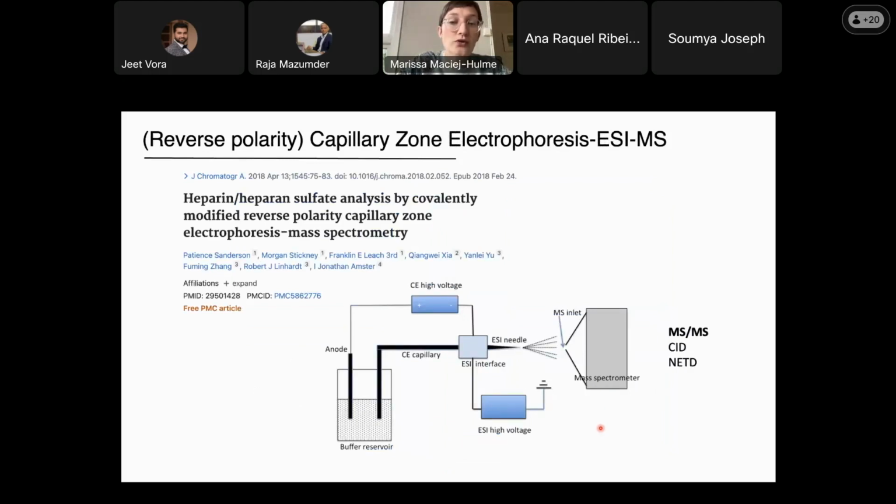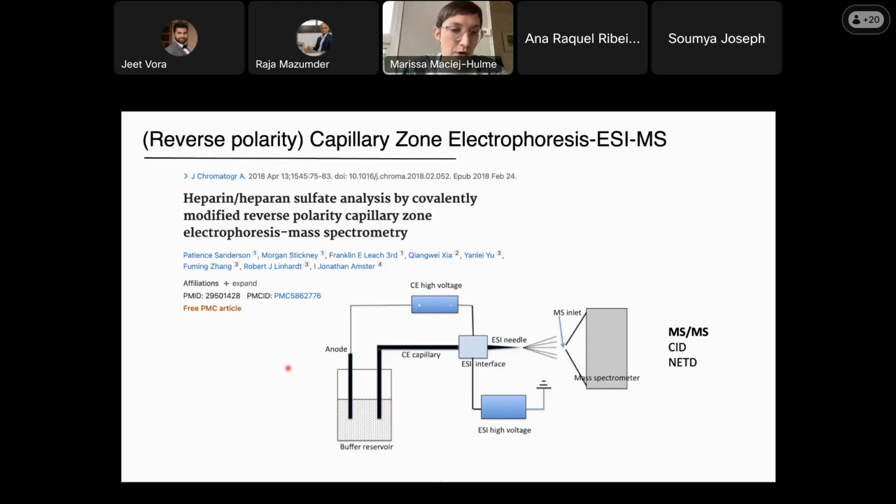So as a postdoc in the Van der Vlag lab in the Netherlands, I was investigating the role of heparan sulphate as a novel biomarker of kidney diseases and became interested in GAGomics as a top-down method to search for potential HS-based biomarkers. The Amster group at UGA in America had developed a mass spectrometry method, one of a few, for HS and heparin using an online capillary zone electrophoresis with a custom-built ESI-MS interface. You can see here an overview of how this would work.